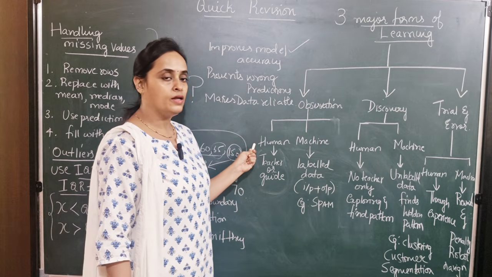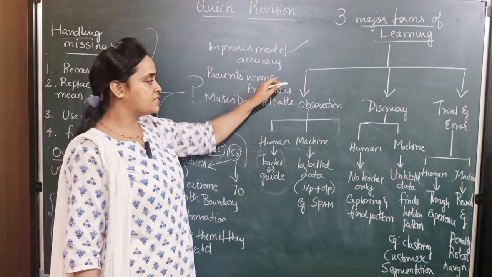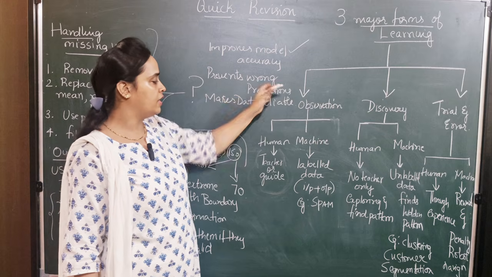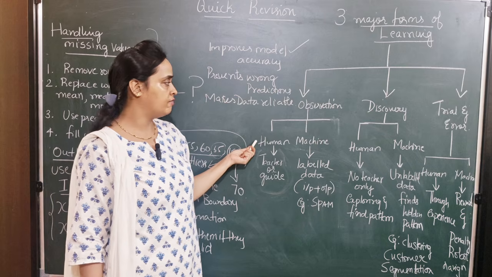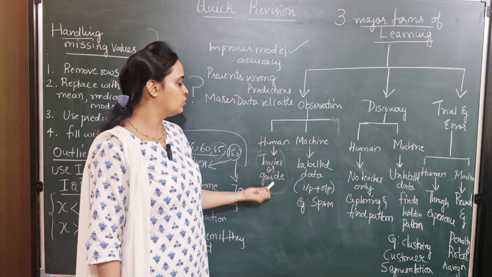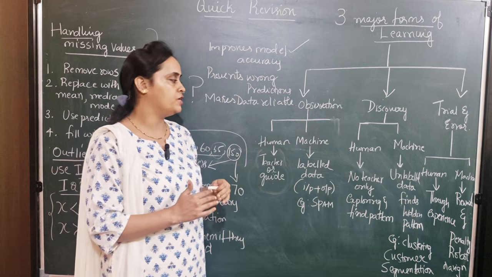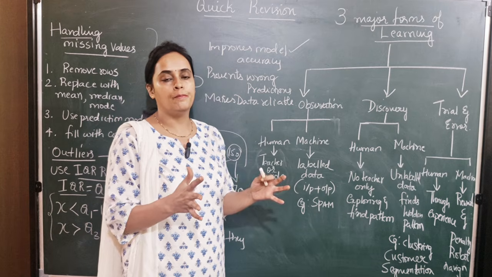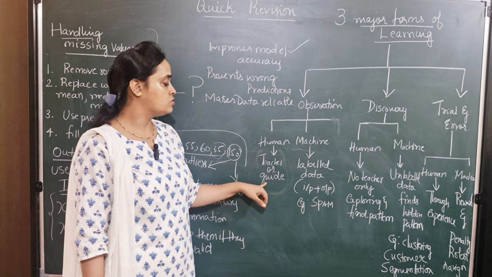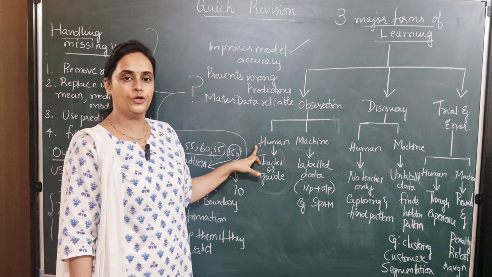Now, in all these three different learning methodologies, let's understand them from the perspective of two sections: learning by human and learning by machine. The first category is learning from observation. In the case of human learning, the human learns from observation, that means the human learns through a guide or teacher. Prior information is present in such a way that it helps the human to learn, because the prior observations are strong enough to help.